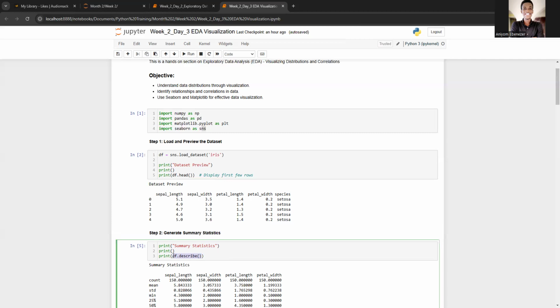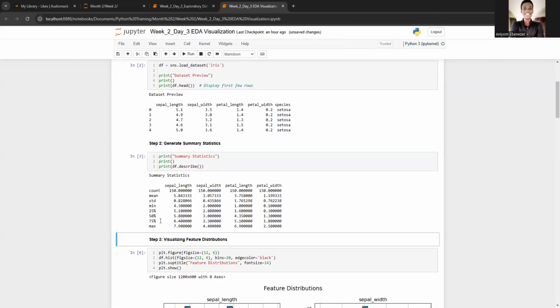A data frame is just like an Excel table, where you're trying to see how to represent your data set in the form of rows and columns. So that particular table that is generated is known as a data frame. So df.describe, open and close brackets, gives us